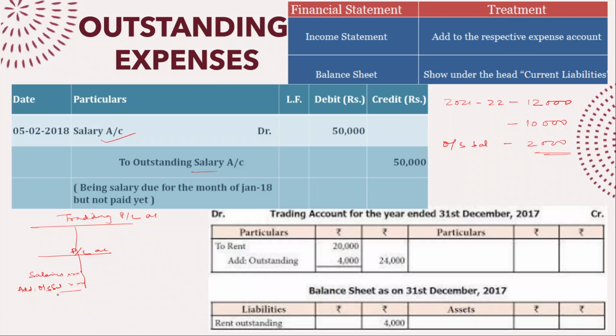So whatever is outstanding, that means you haven't paid, you need to pay. This becomes your obligation that you are going to meet next year. So in the balance sheet, it will be shown on the liabilities side as your current liabilities, that is your outstanding salary. So this amount you will show here.